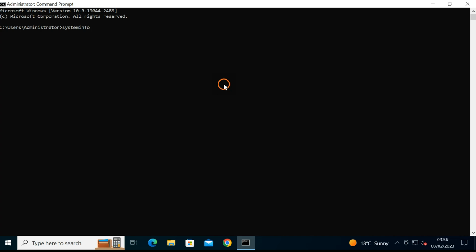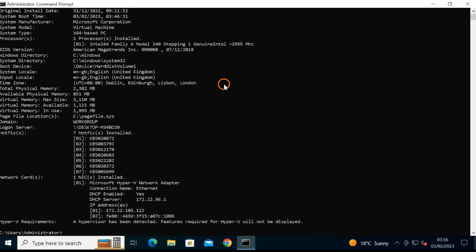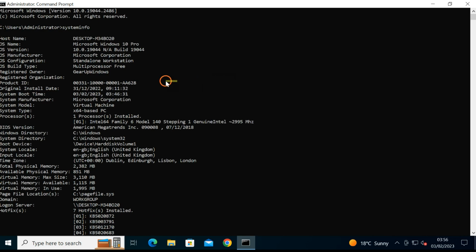After typing systeminfo, press enter on the keyboard. It will load a lot of information from your Windows operating system, and at the top you will find system type entry. Here you can determine if your Windows runs 32-bit or 64-bit OS.